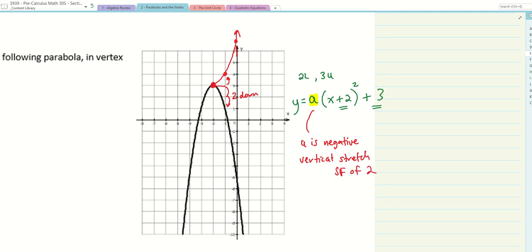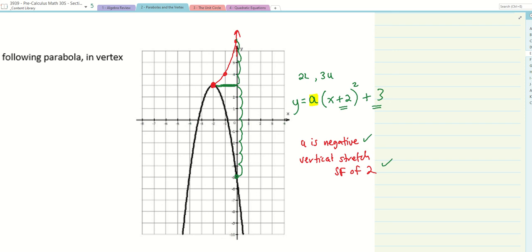Okay, let's just make sure that that's true with the second point. If we were to grow it normally from this vertex, it would be 2 over, 4 up, because 2 squared is 4. But let's see what we did. We went 2 over, but this time we went 1, 2, 3, 4, 5, 6, 7, 8, 8 down. So that confirms that we're not only going down instead of up, but we're also doing a scale factor of 2,